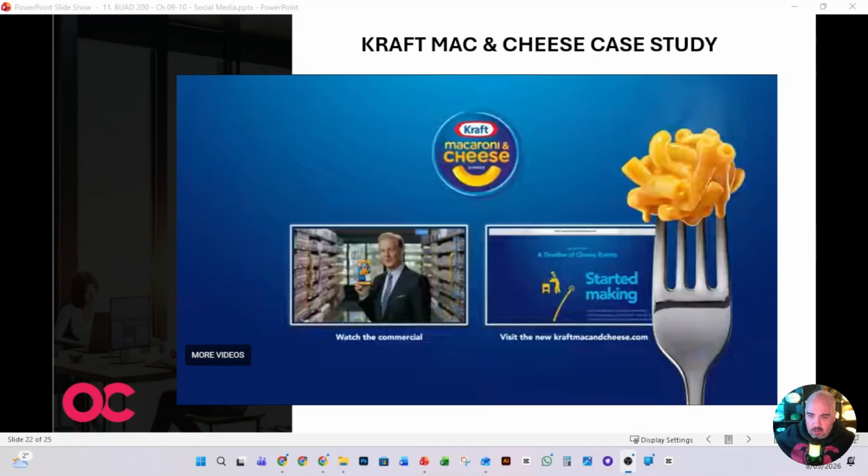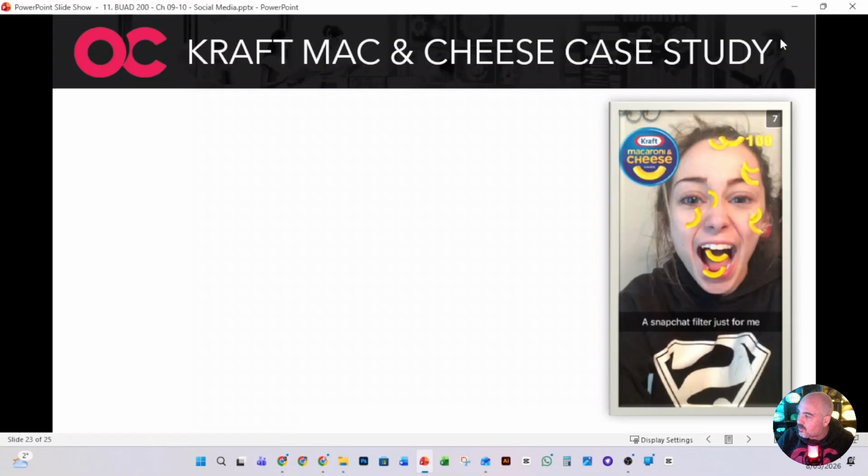Obviously, they've created all this content, so all of this content will be going out on posts on social media, the video content, all of these different print ads that they've got. So there's lots of information there, but if we go a bit further and have a look at what they've done with combining with social media platforms, they also did this with Snapchat.